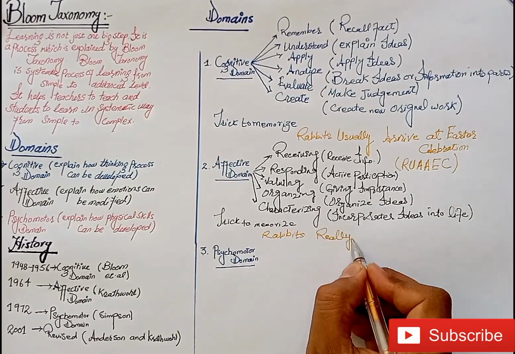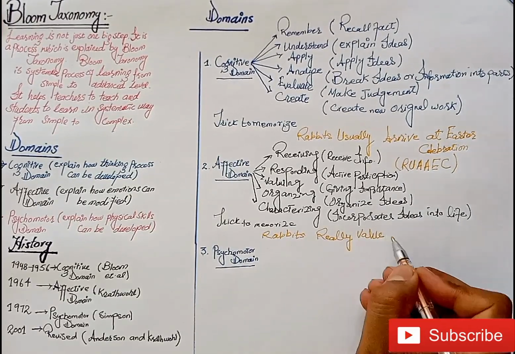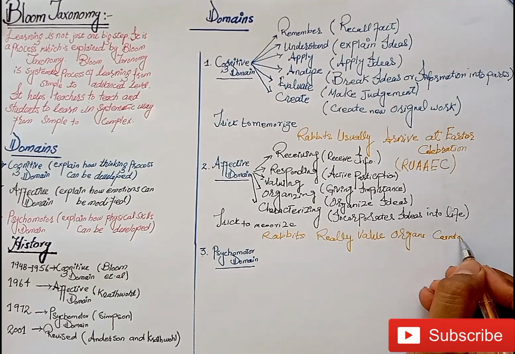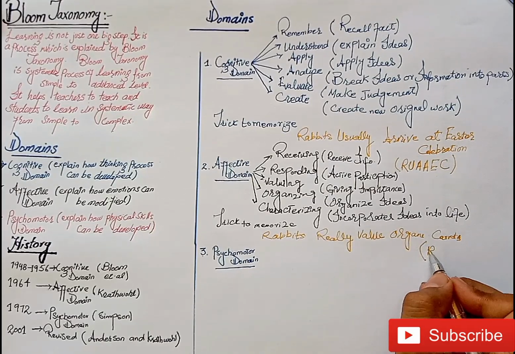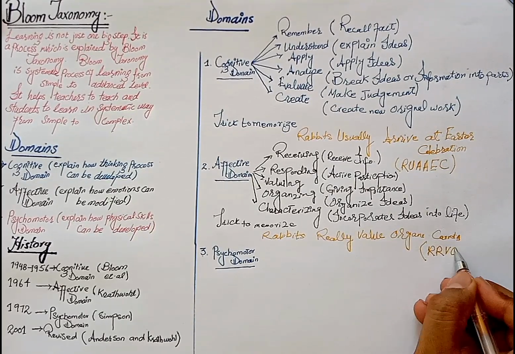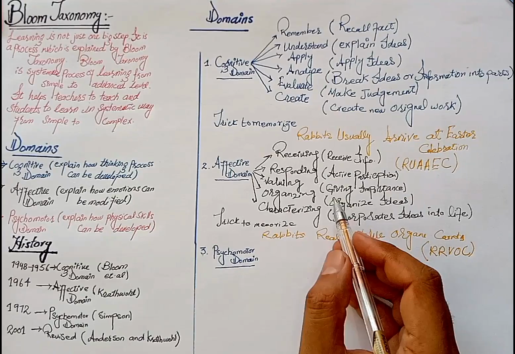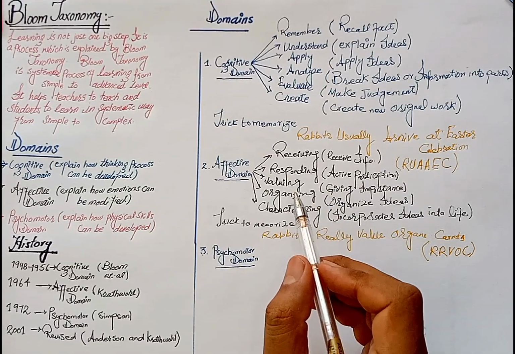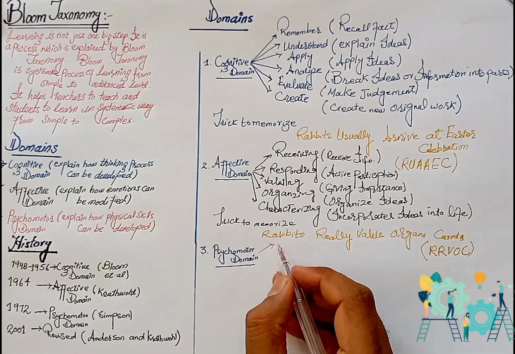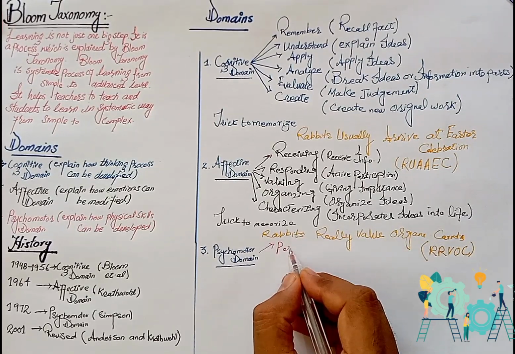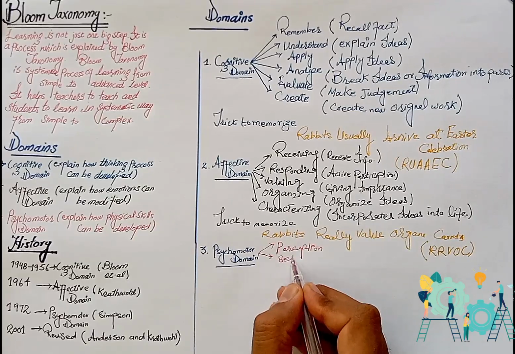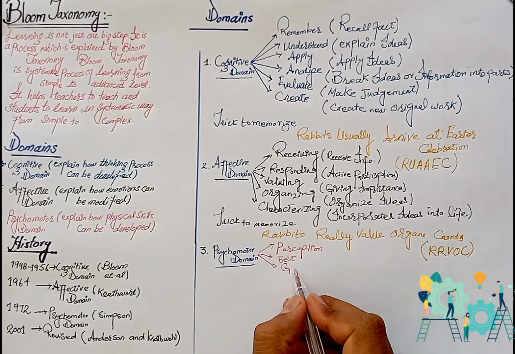We use first letters of these words: R from rabbit for receiving and second R from really for responding, V for valuing, O for organizing, and C for characterizing. Psychomotor domains explain how physical skills or movement can be developed in 7 levels, which are perception, set,